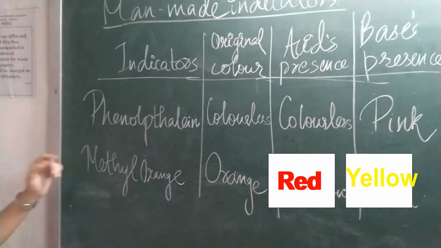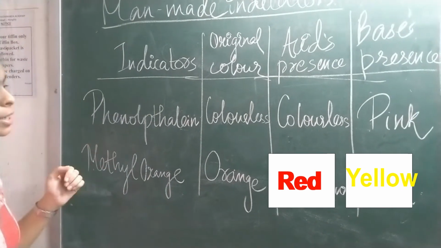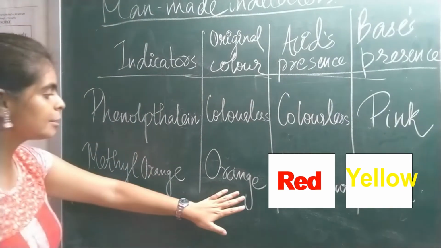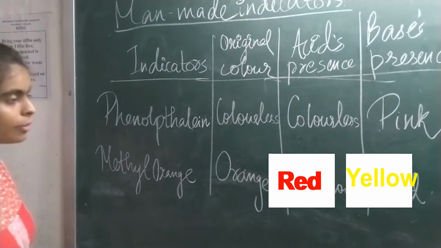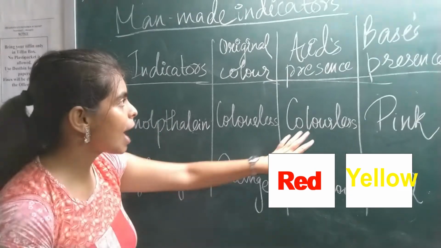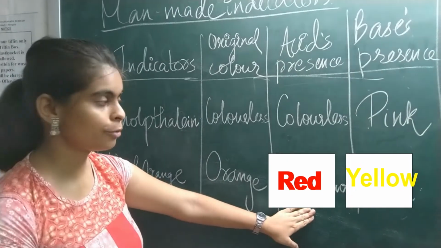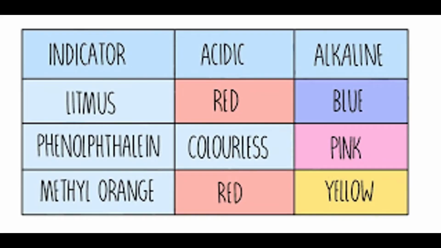Now come to the methyl orange. Methyl orange is also a man-made indicator. Its own color is orange. It is orange in color. But when you add acid, it turns to red. These are the overview of the